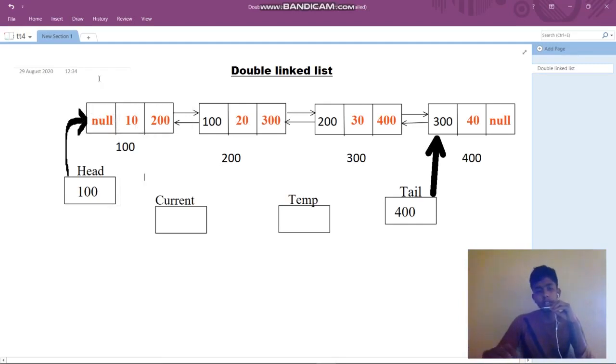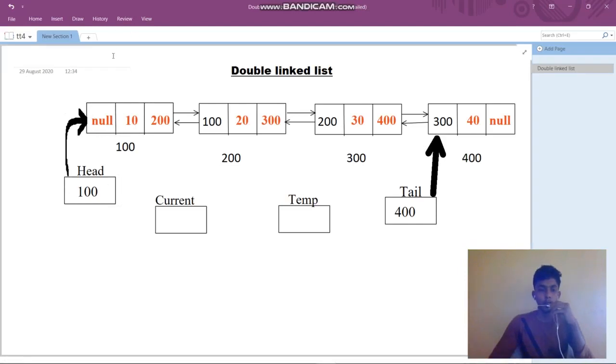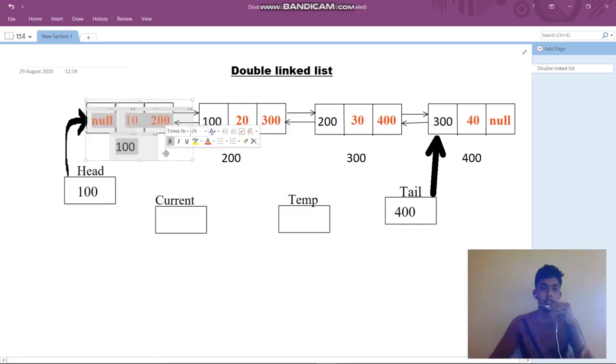Before this first element, is there any node? Consider that before this node, is there any node? No. After this node there may be some nodes, but before this there is no node because head is pointing to 100. So this node is the first node.